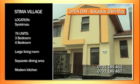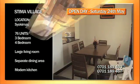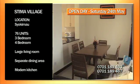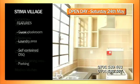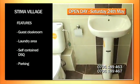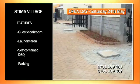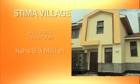Steamer Village comprises 76 units of 3- and 4-bedroom townhouses. Each townhouse has a large living and separate dining area and a modern kitchen with inbuilt cupboards. The ground floor will have a guest cloakroom, a laundry area, and a self-contained and detached domestic quarters. Each unit will also have parking spaces for 2 cars. For the 3-bedroom townhouse, the price is